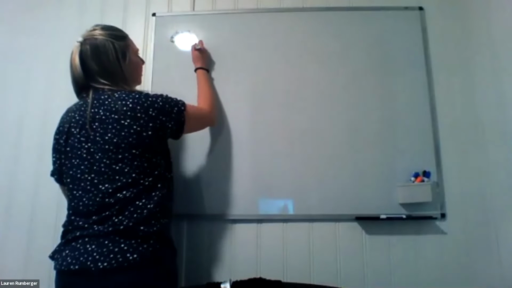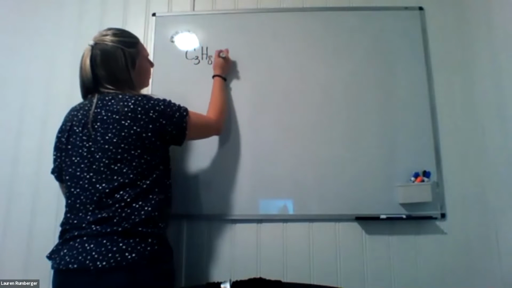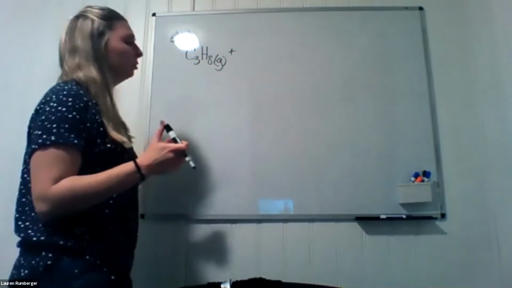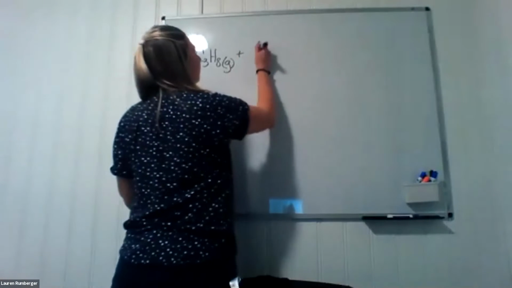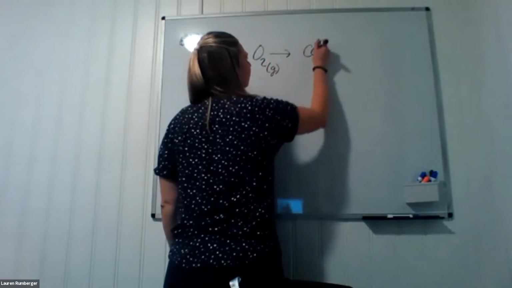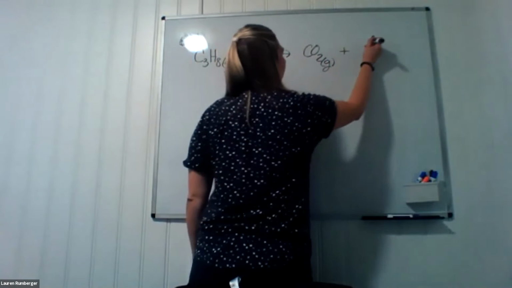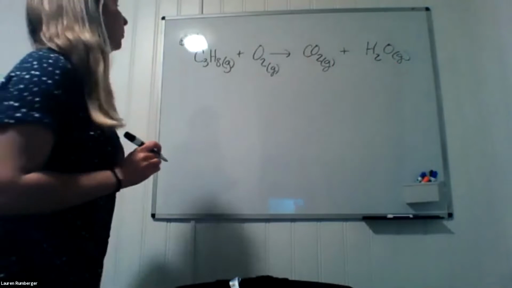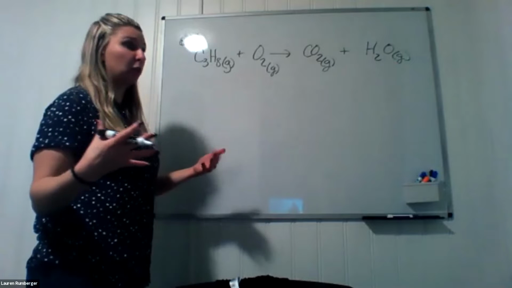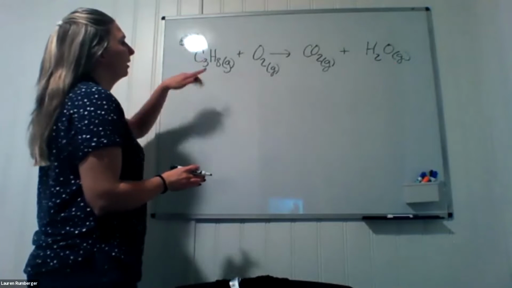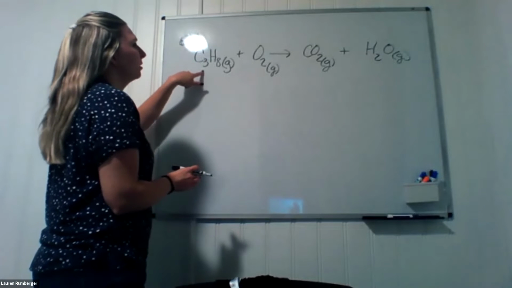So we have propane gas, C3H8. Propane gas is used in your grill to cook food. When we burn propane gas, it forms carbon dioxide and water. Water in its gas form, okay? Because this happens at very high temperatures. Okay? All right, so now what we should recognize is that there's 3 carbons here on the left and only